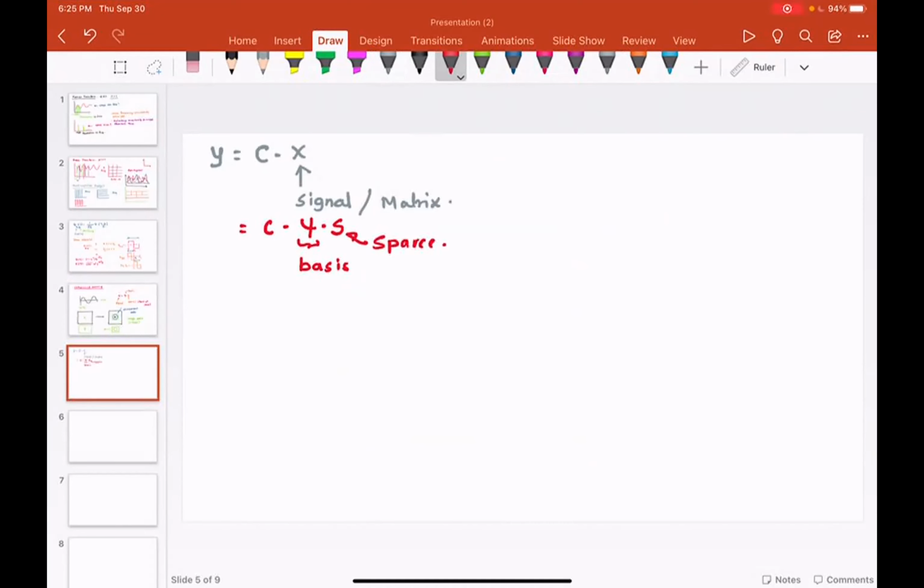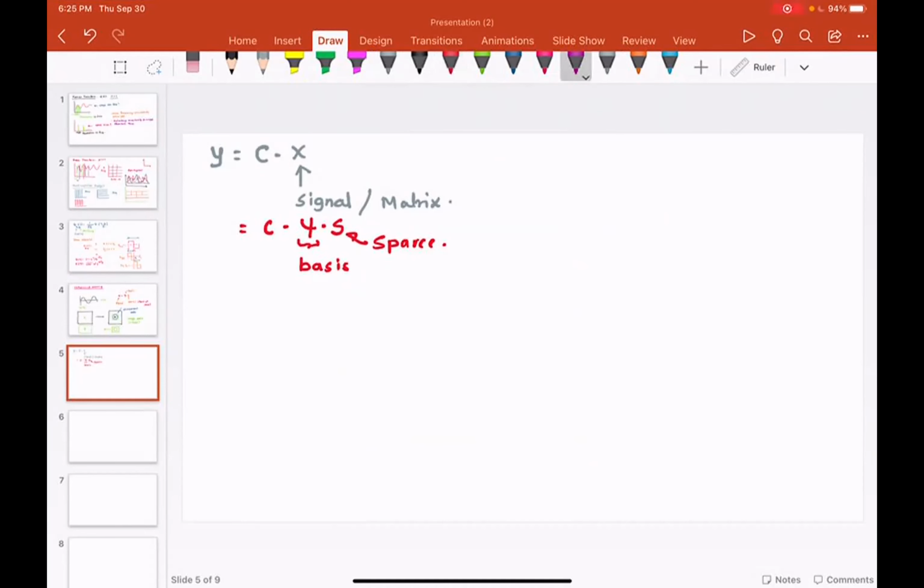What I can do is try to find the minimum number of vectors, the least amount of data, that would allow me to reconstruct my image.